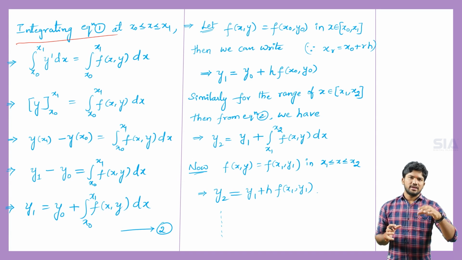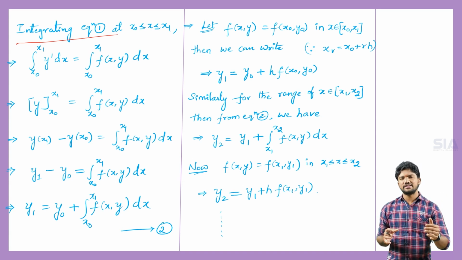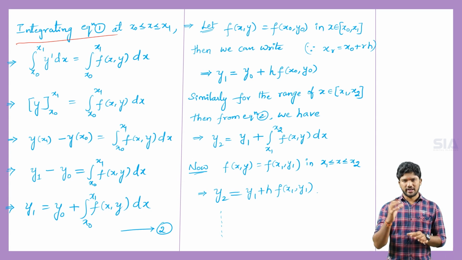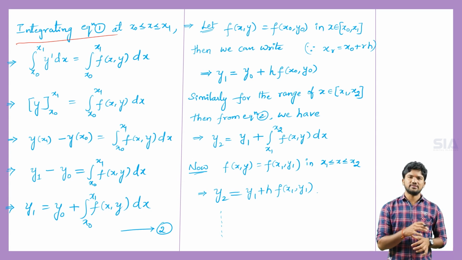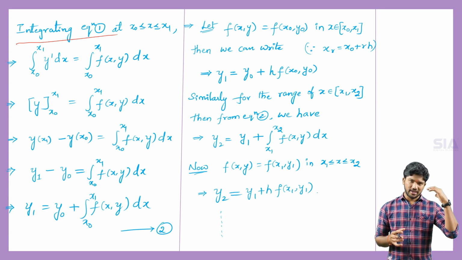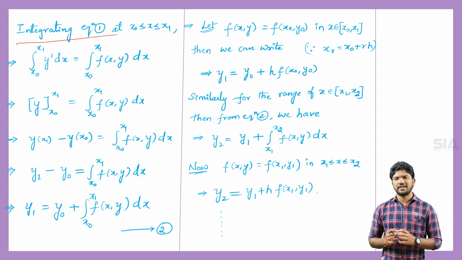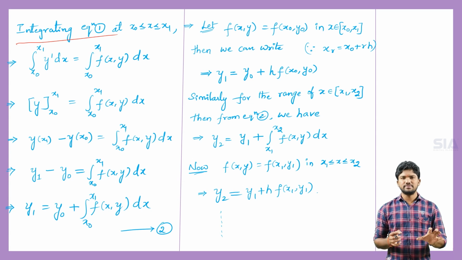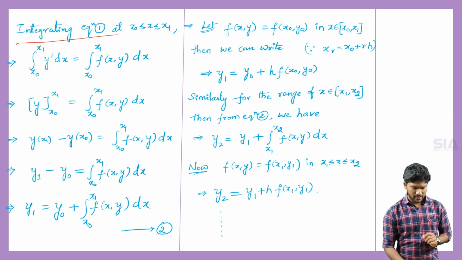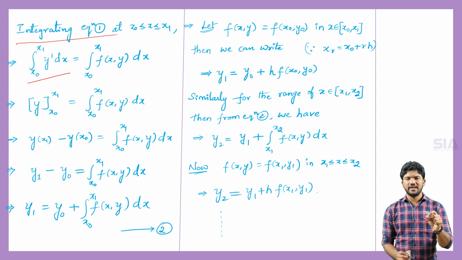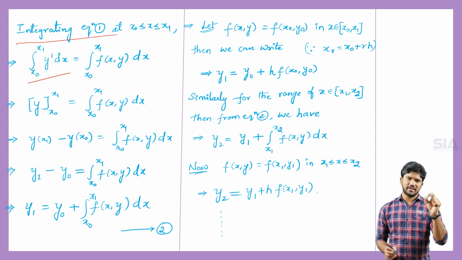So now in Picard's method, the second method, for the given initial value problem we integrated, to get the exact solution of the given equation. Same in Euler's method also, given equation number 1 we are going to integrate, but in this method the procedure is different. So you can see here we are integrating given equation number 1 with respect to the